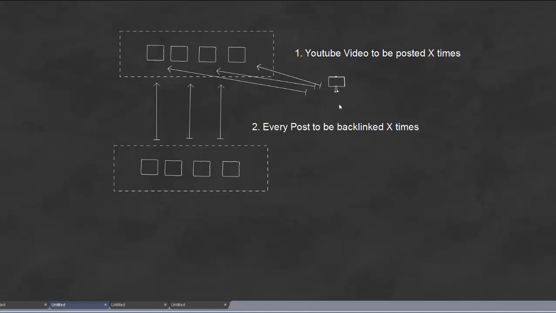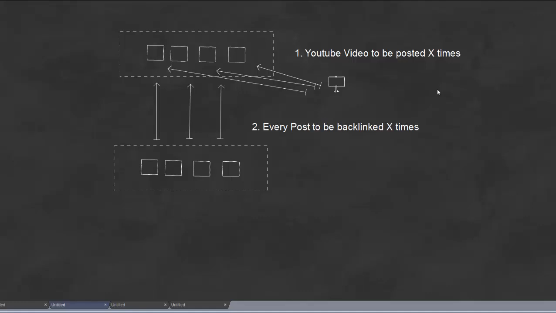In the scenario where we automatically backlink, we post our YouTube video through the network, let's say 100 times, and then every post made on tier 1 will be backlinked a number of times from the LowerTier network. Let's use more moderate settings. Let's say the YouTube video is posted 10 times, and every post will be backlinked 3 times. Essentially we'll have 10 posts on tier 1, and 30 posts in the LowerTier, one set of 3 for every successful post on tier 1. So we end up with 40 posts, 10 and 30.